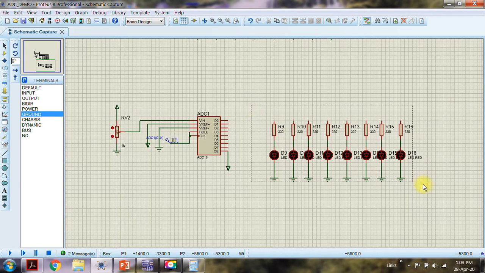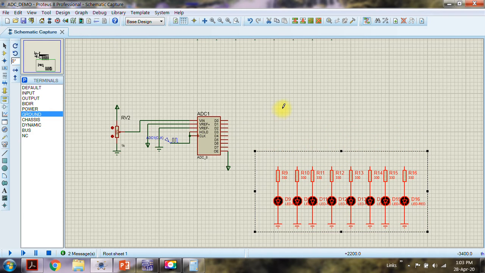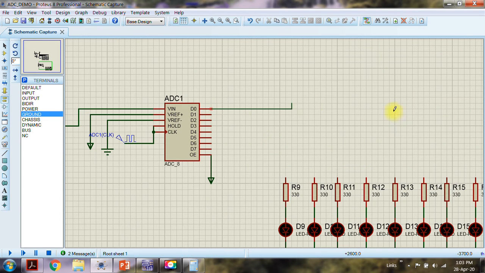So now we can connect this to the output of our ADC. This is D0, the LSB, and so on.